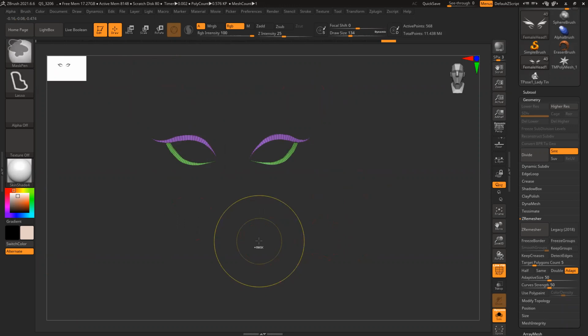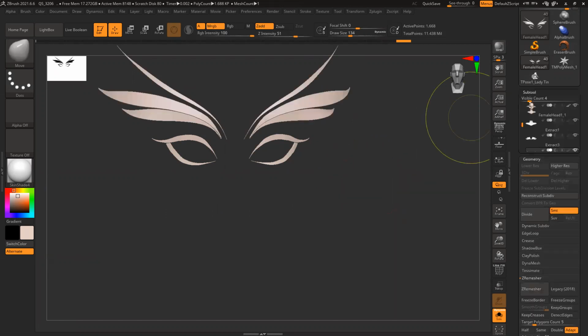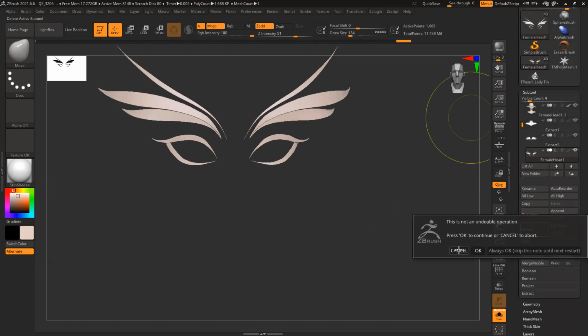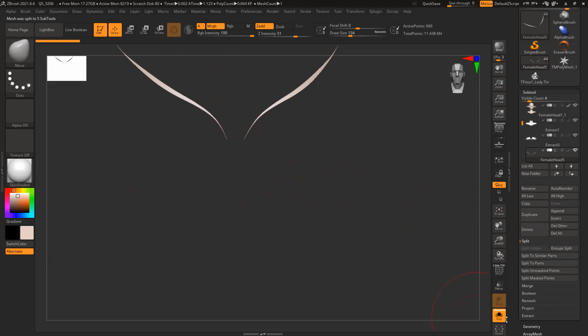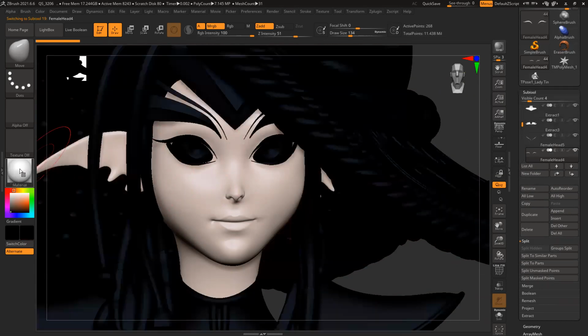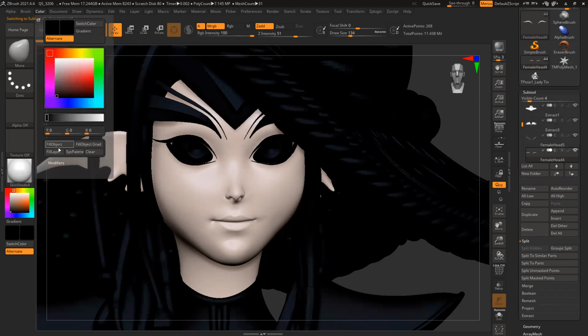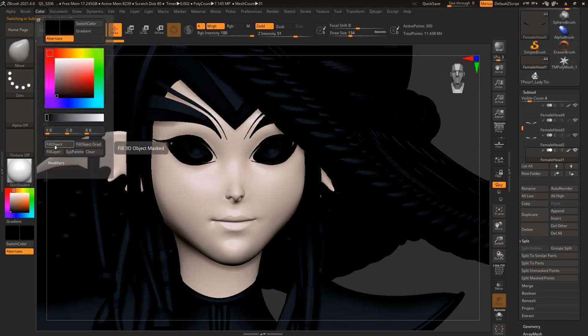So I can separate them. Let's split, group split. So group-wise, everything is split now. This thing is black in color, full black. Color, Fill Object, this base, Color, Fill Object.